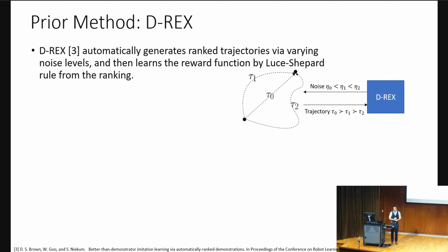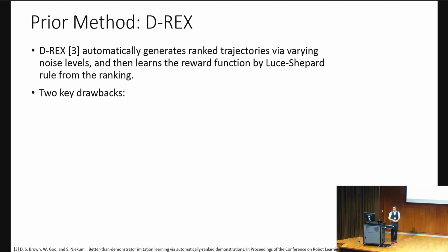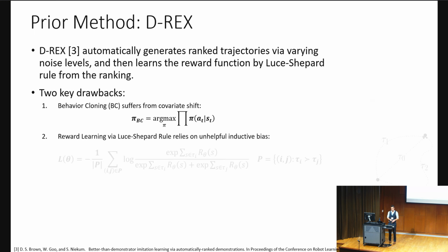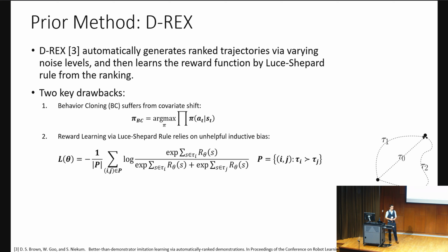worked to kind of exploit this idea, looking at the Luce-Shepard rule for learning this ranking of trajectories with varying amounts of noise. First, they used behavior cloning, which is known to suffer from covariate shift, that if you add noise and you get out of the distribution of states that was induced by the expert demonstrator, you're not necessarily going to be able to predict with high fidelity what the expert would do because you're very far away from that distribution. The second is that the Luce-Shepard rule provides an unhelpful inductive bias that if you take 3 different trajectories and you say that they should be